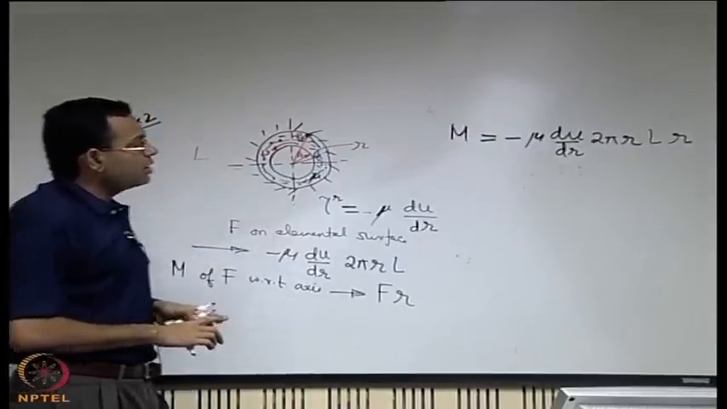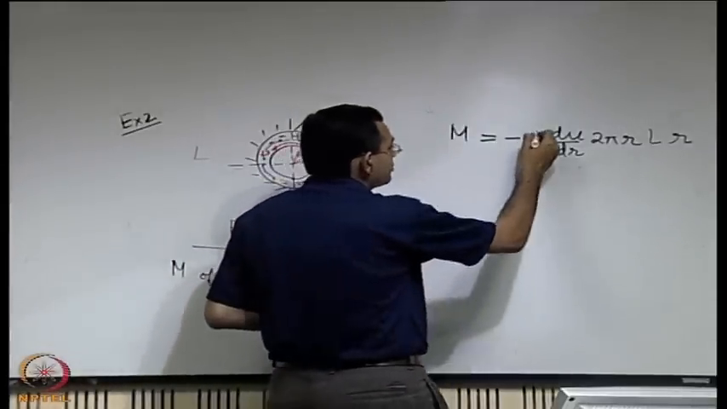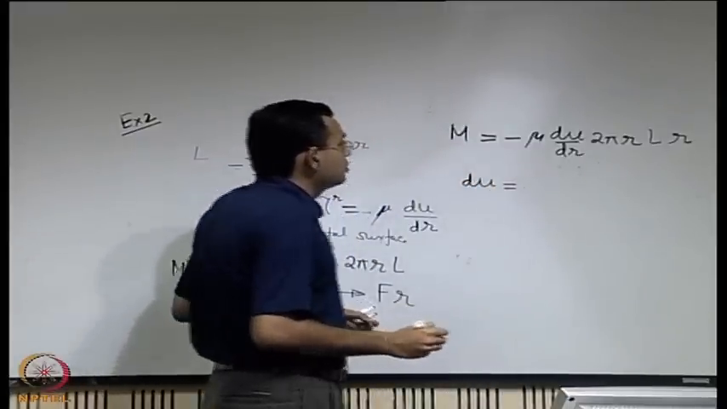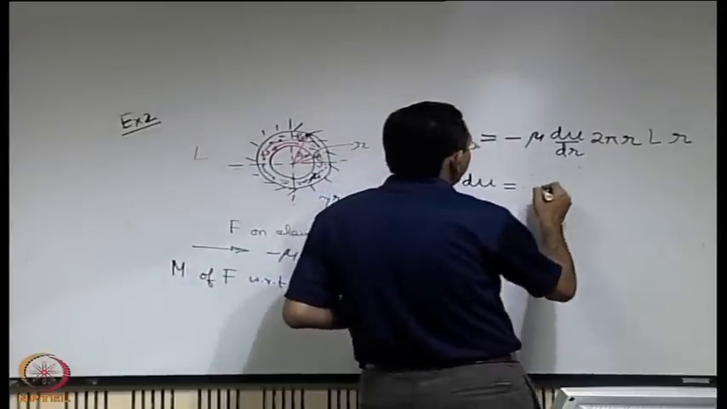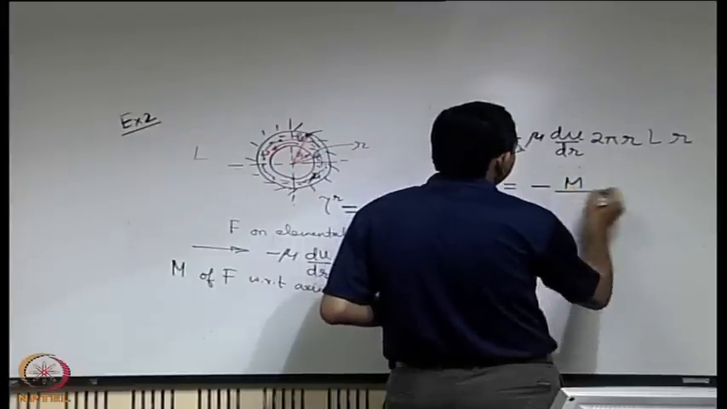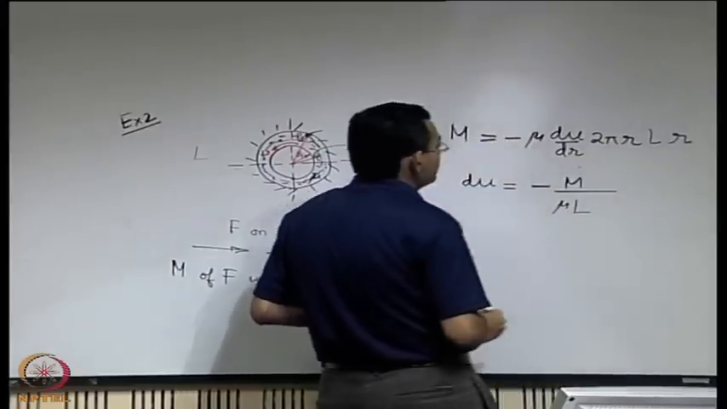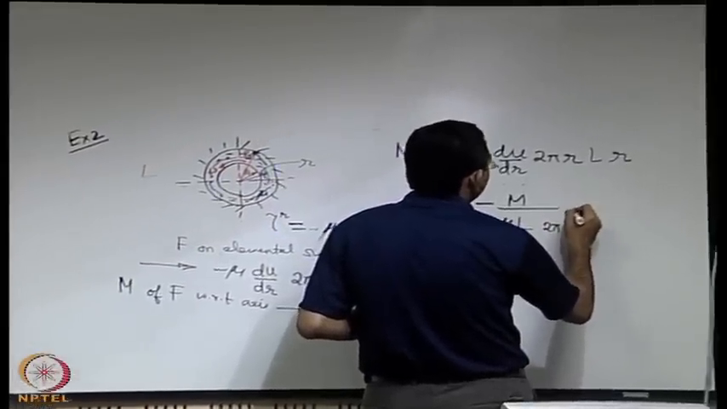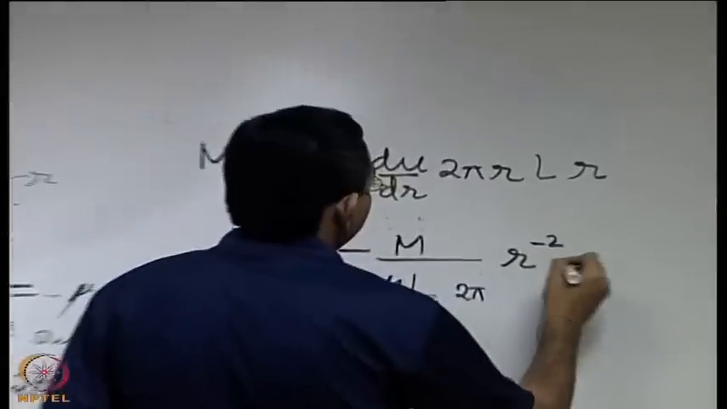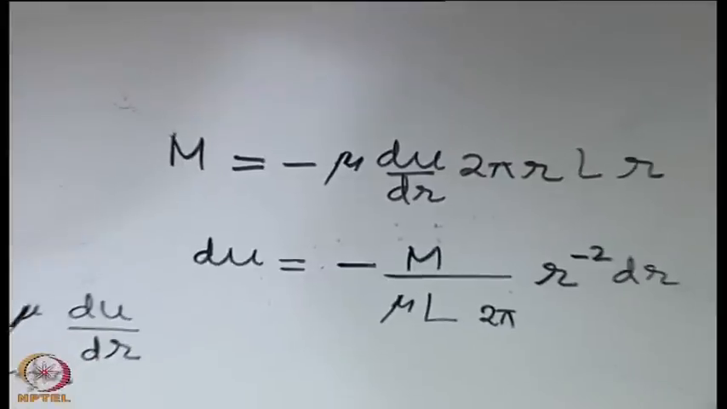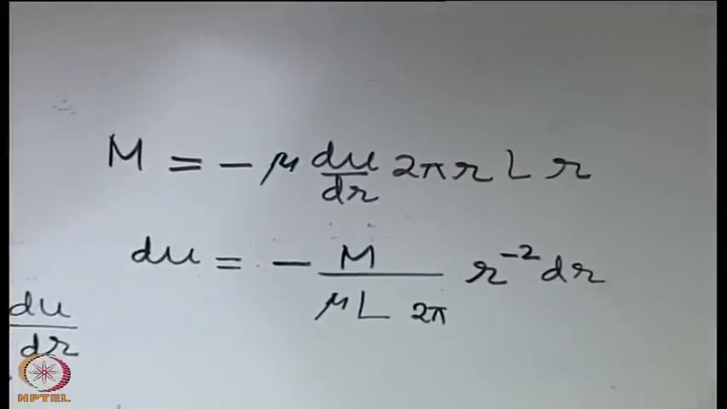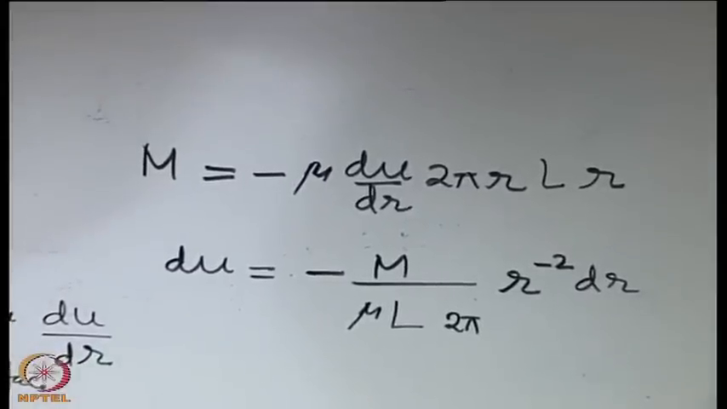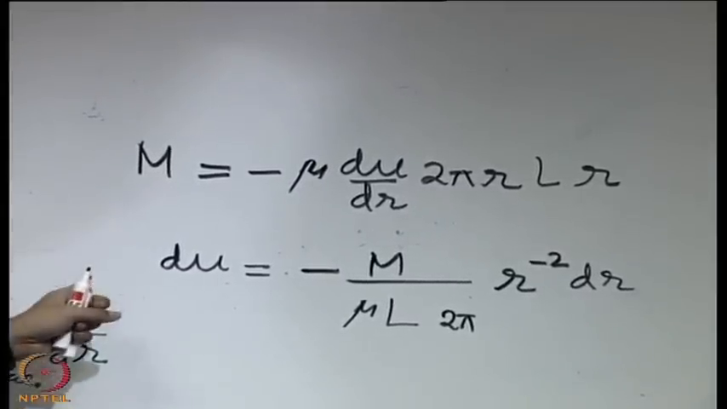Now you can separate the variables on the two sides. So you can write du equal to minus m by mu L 2 pi into r to the power minus 2 dr, right. I am very bad in algebra, so whenever I am mistaken please correct it. Now when you integrate this,